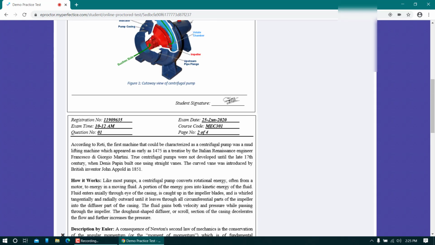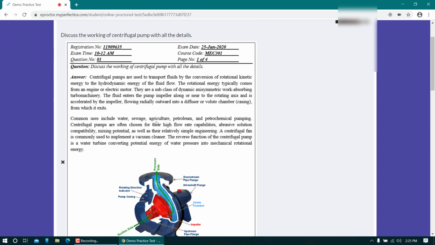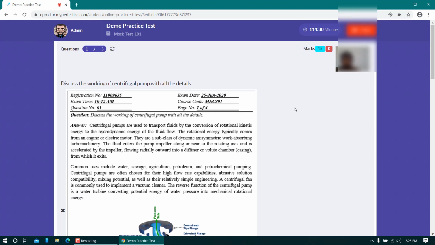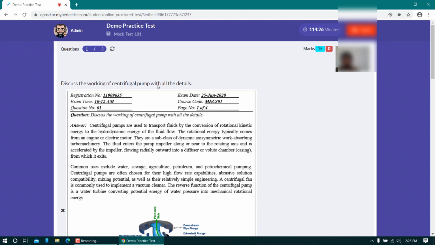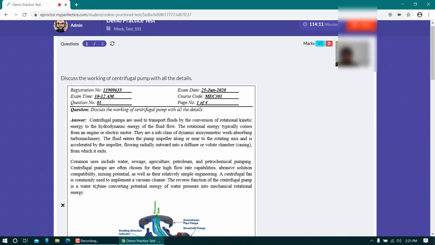Now I have already done this activity beforehand because I have to keep the size of the video checked. In your case, when you see this question, all you have to do is take the A4 sheet, write these details, fill the details, draw a line, copy the question on the first page, and then start writing the answer.